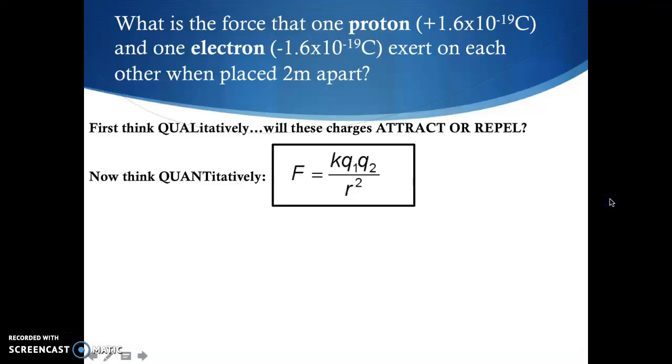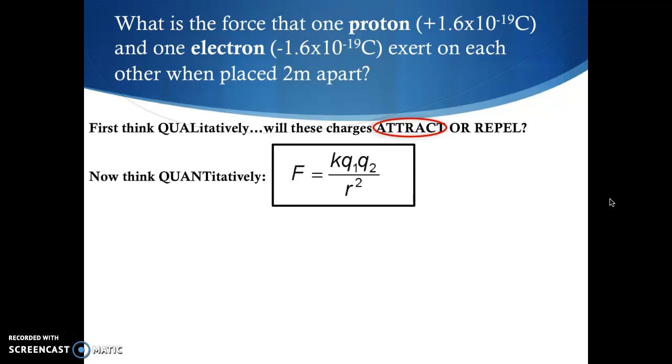First, thinking about this problem qualitatively, we have a positive proton and a negative electron. So opposite charges, they should be attracting. Notice that we are also given the actual quantity of charge, the positive 1.6 times 10 to the negative 19th and the negative 1.6 times 10 to the negative 19th coulombs. This number is known as the elementary charge, and if it's ever not given in a problem, it is listed